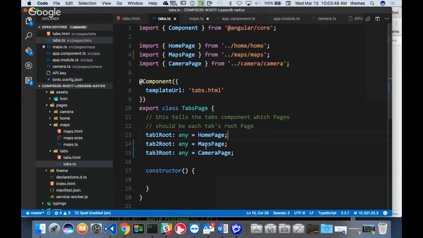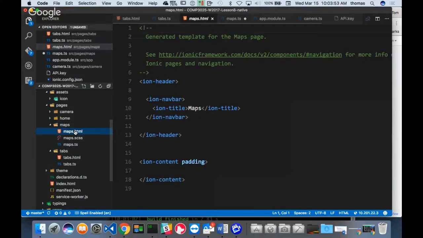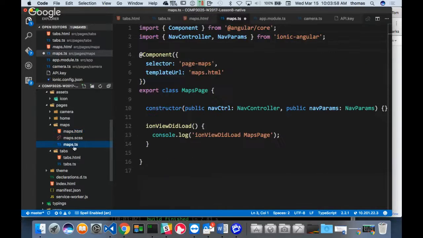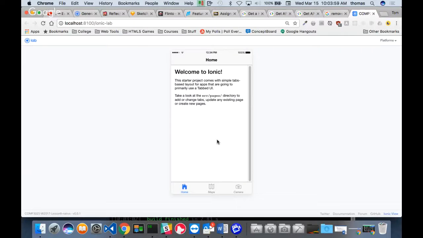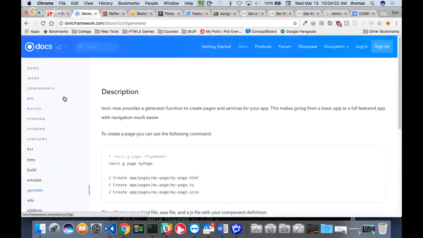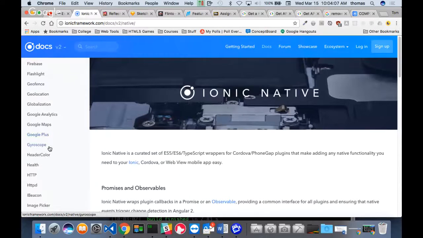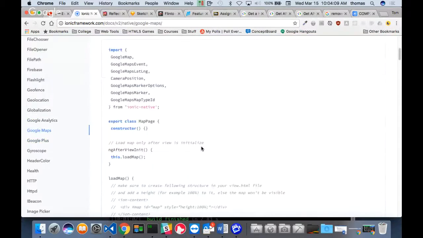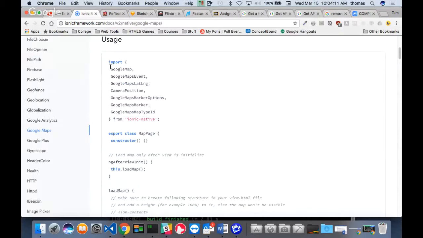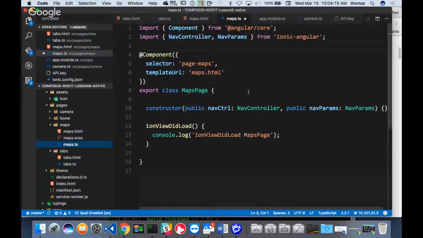And now we have to put in the details. So if I go back into my maps page, again we've got this piece. I've got to change all this, and I'm going to have to change this piece. So if we go back to the API documentation for native and look at maps, part of it's a setup, part of it's this. So I need to include all this stuff for my Ionic native, which means I'm going to go over here,